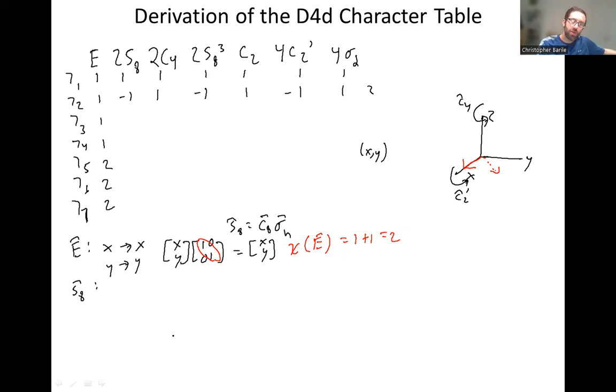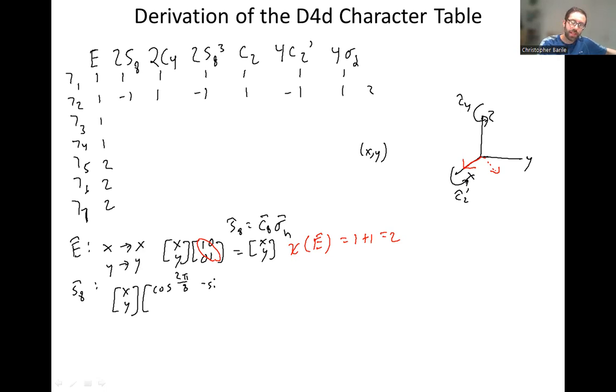So what does x go into for the S8? Well, it's doing a C8. Remember, we figured out that the sigma h didn't do anything for the x vector. Same thing is true for the y vector because it's in the xy plane, that sigma h. So we need to use the rotation matrix. And we remember the rotation matrix tells us that xy will transform as cosine of theta. In this case, it's 2 pi over 8, which is pi over 4. It's 2 pi over n, and we're doing a C8, so n equals 8. So cosine pi over 4, or cosine 2 pi over 8,